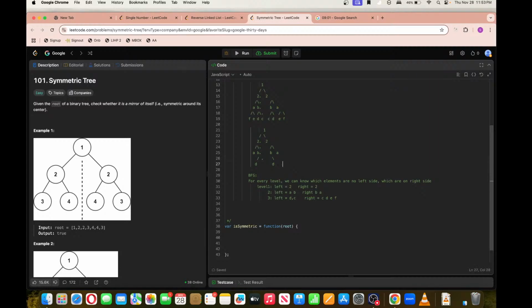So if this is the case, then it will be empty empty D and empty, and then this is empty D empty empty. So yeah,